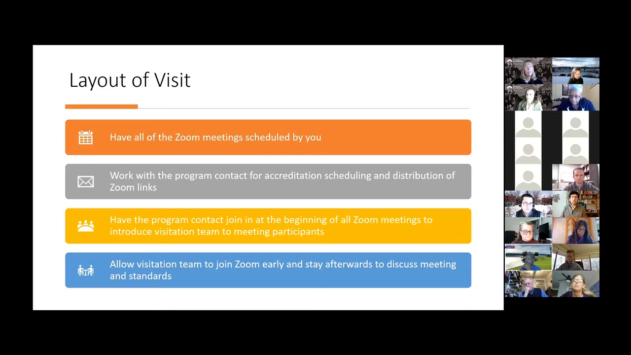I think one of the other recommendations that I have is that the program contact that you're working with is at the beginning of all of your Zoom meetings, and I'm using Zoom as my example, only because there's a level of familiarity with that person, with the other participants when you're meeting. And so by them coming into the Zoom meeting, doing quick introductions and then jumping off makes it a lot more smooth. And then I already shared about coming in early and staying afterwards